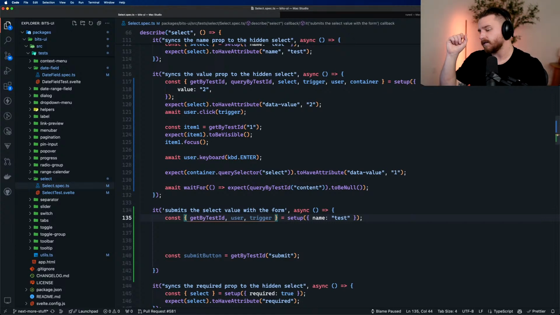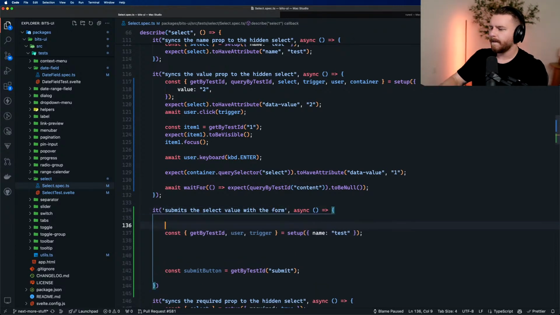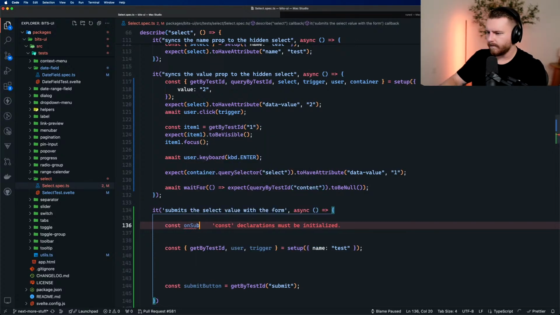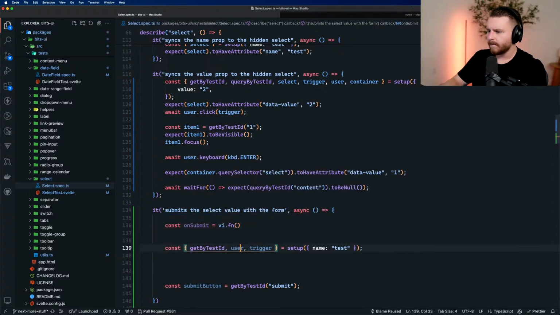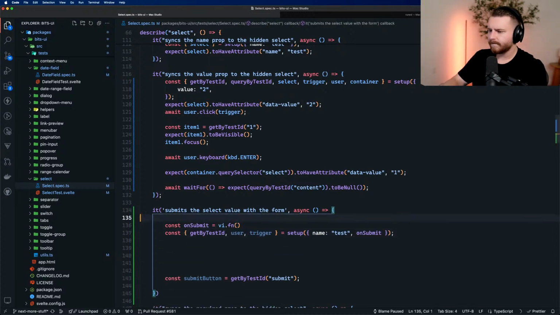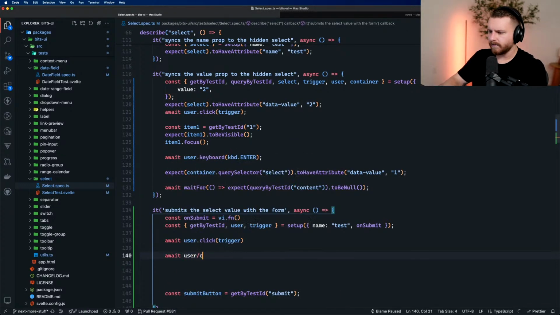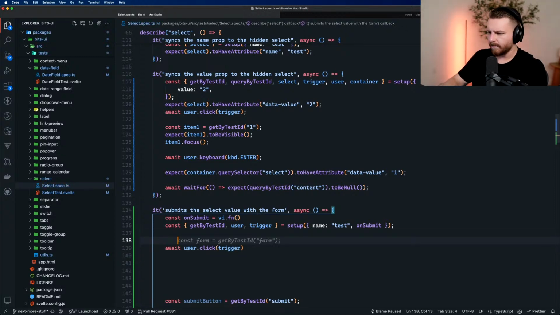We need this, and then trigger, await, user.click. Actually, I'm going to do